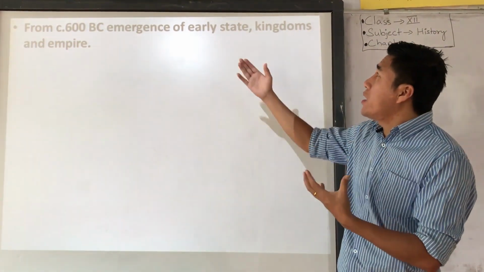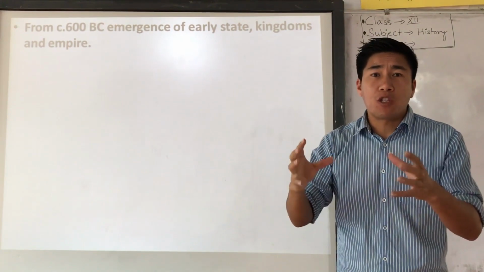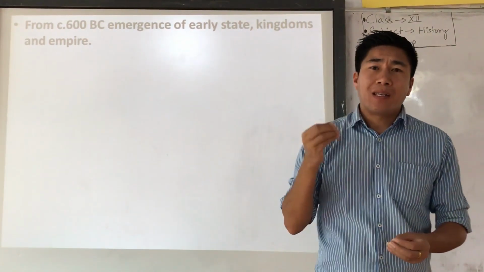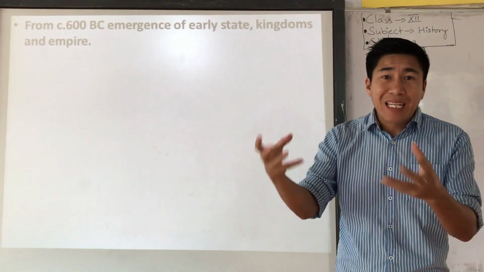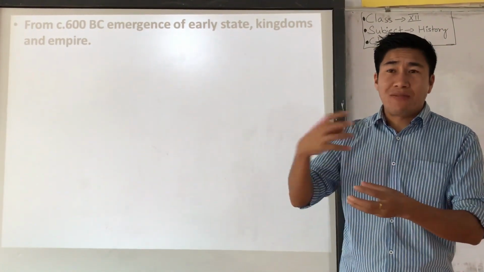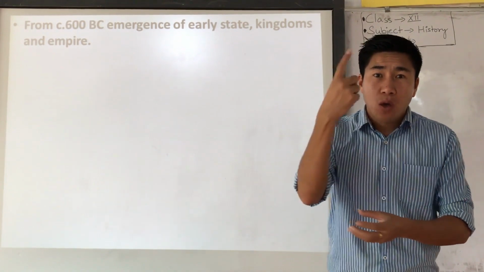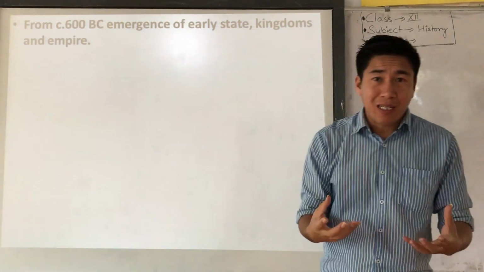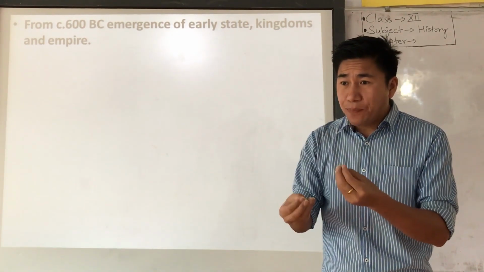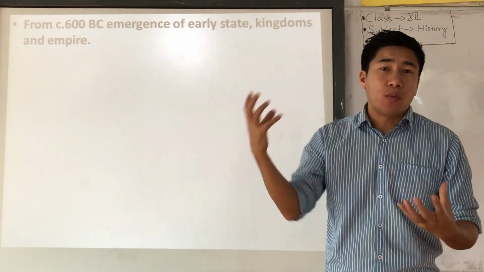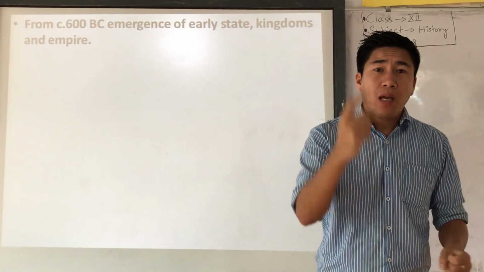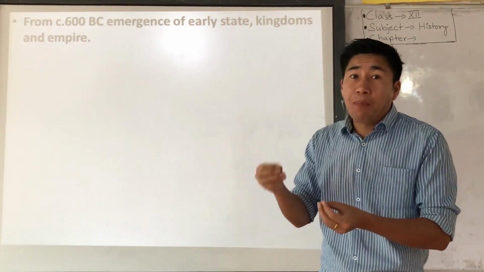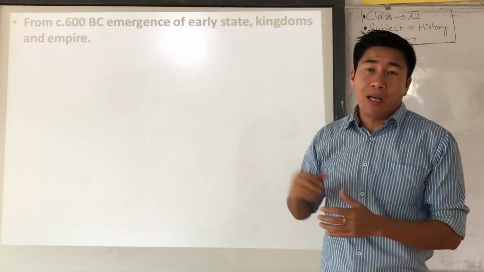So the next development that happened during that period, from circa 600 BC, is that many new early states emerged. Early state means small state. Then many kingdoms. A kingdom means a realm ruled by a king and having two or three states, looked after or governed by one king or queen. And then empires started. An empire means there were many kingdoms and many kings ruled by one emperor, so those kings paid tribute to the emperor.